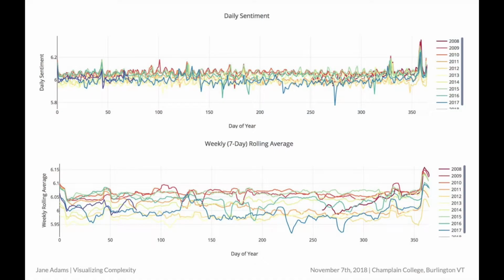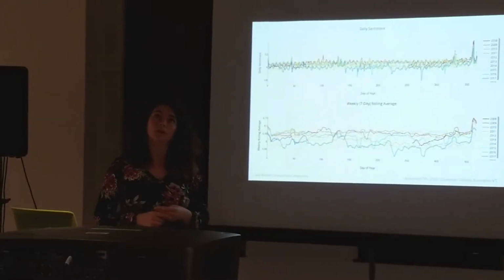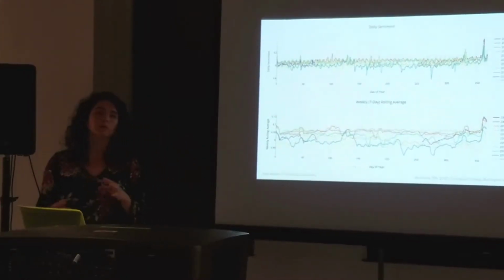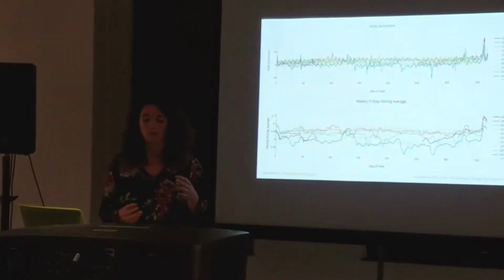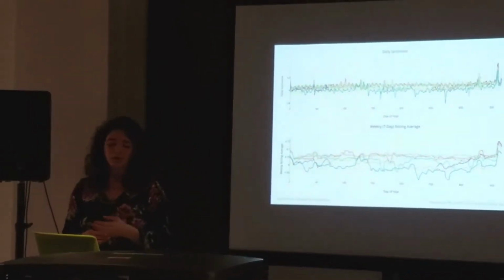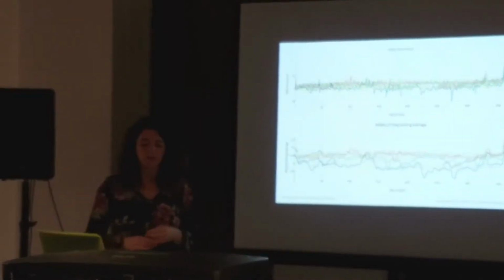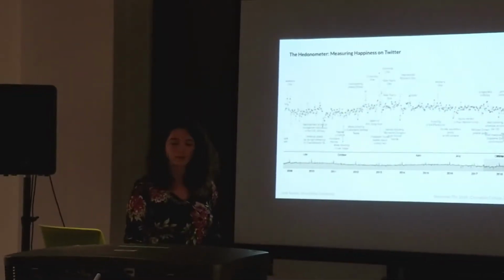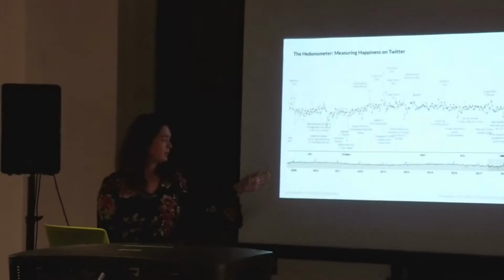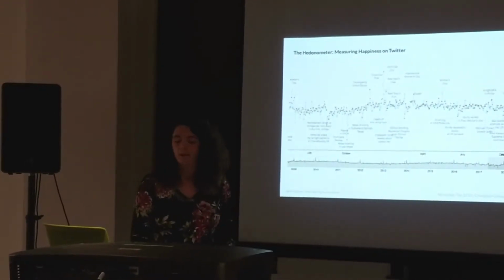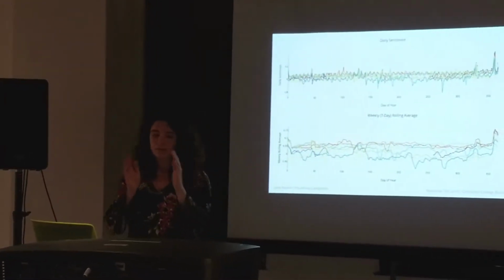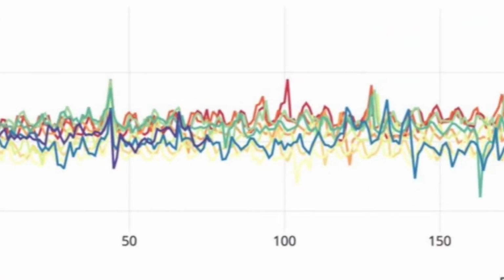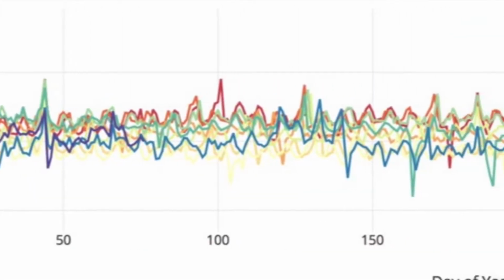So I was curious if we were also getting sentiment turbulence in addition to our story turbulence. So if the difference from one day to the next in terms of the average happiness for that day was increasing year over year. So what I did was take this chart, which was from 2009 to 2018, and basically chunked it up into segments of a single year and then plotted them on top of each other.